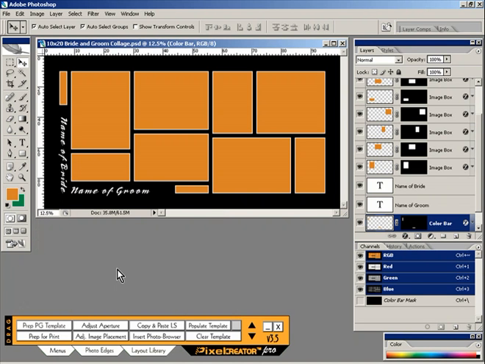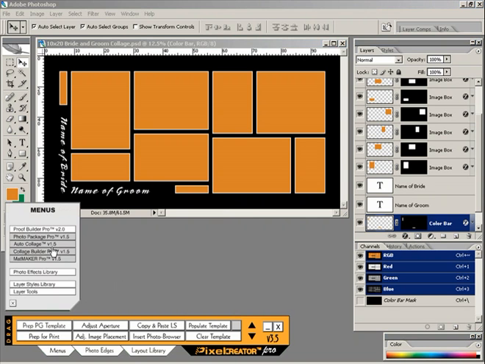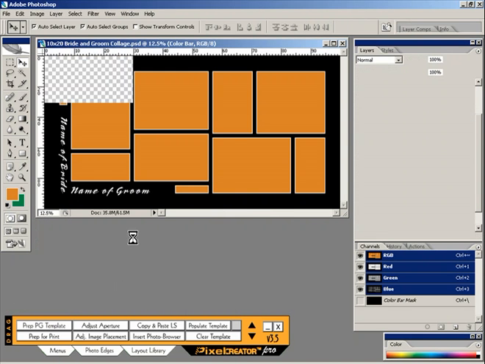But what I've done here is I've pre-designed a collage template, and of course this could be done manually using the tools and features of Photoshop, or certainly if you have Pixel Creator Pro, it would be much quicker to generate this template using Pixel Creator Pro. But at any rate, what we're going to do is go ahead and generate 3 different variations of this collage template. So we're going to come under Menus and choose Auto Collage, and Photoshop will bring up